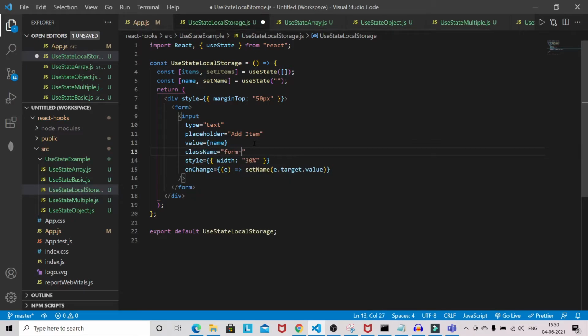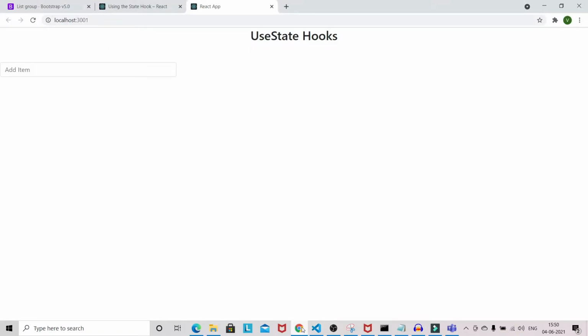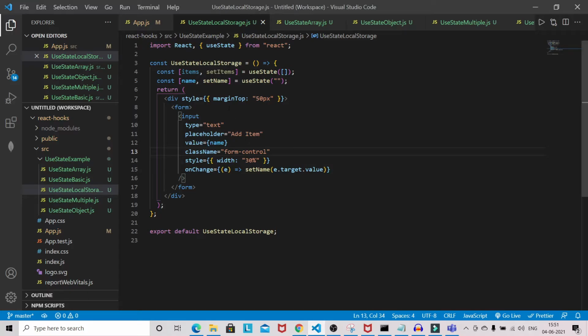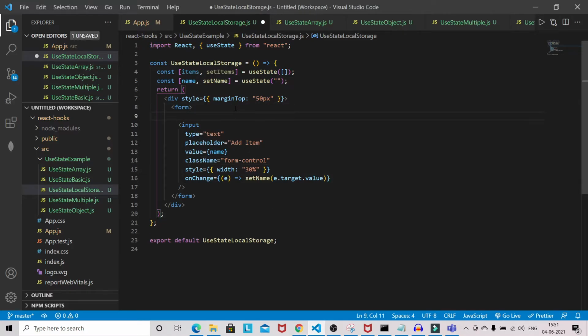Okay, form-control. Okay, so you can see it looks a little bit nice. Okay, but as you can see it's going left. Okay, so I just want it in the middle.